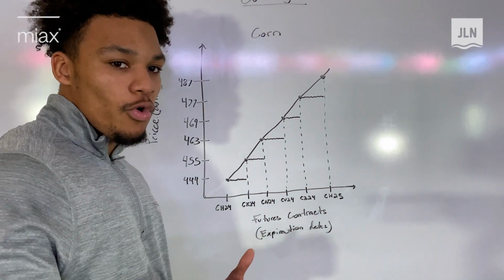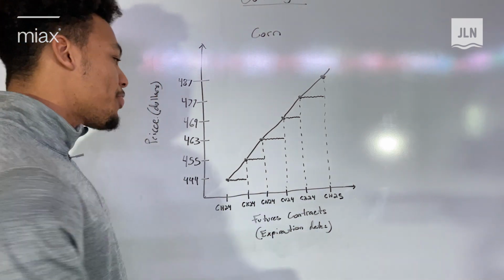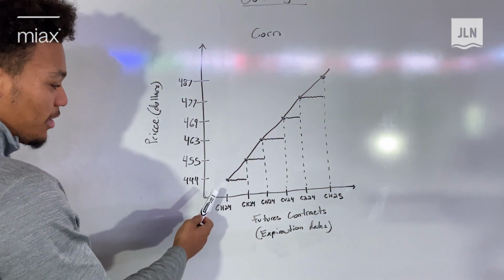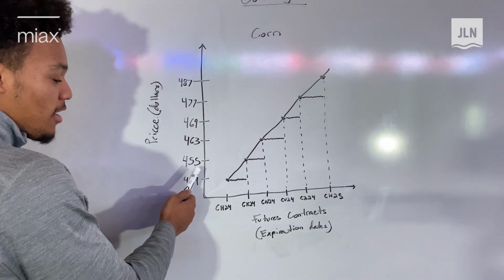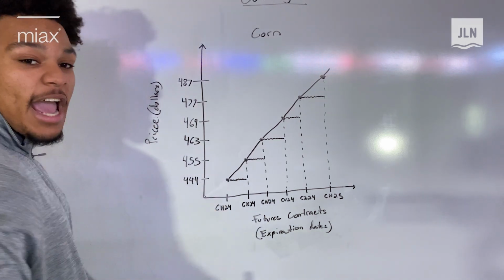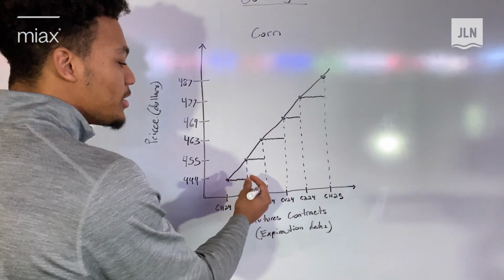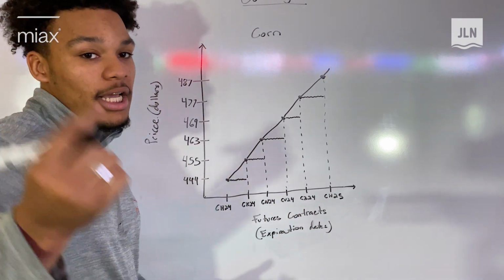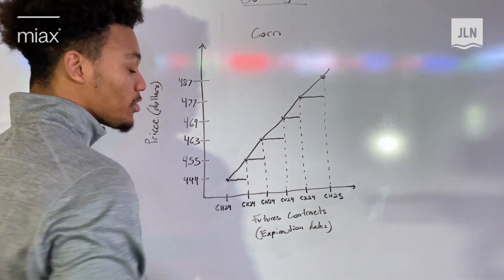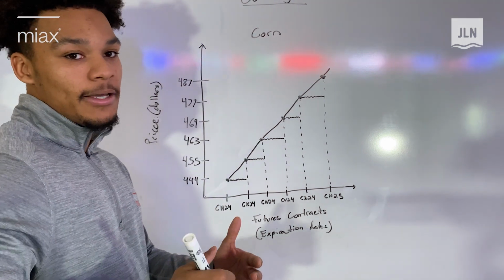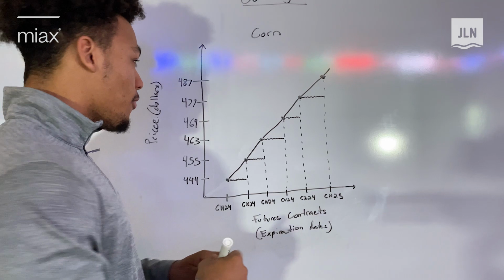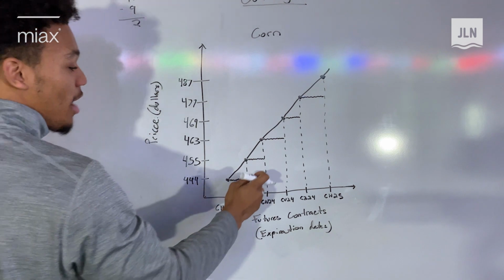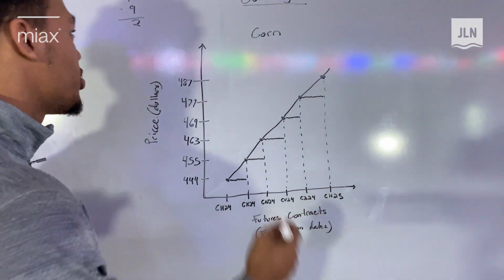And so if you're a merchant or you're a producer, you're trying to beat what the market is saying the cost to carry is, right? So let's say right here it says the cost to carry is from $444 to $455. That's an $11 jump. If you can beat that $11 difference in your cost to carry, let's say you can do it for $9, you have now just captured that $2 difference between what the market is telling you the cost to carry should be and what you're able to actually pay. And so from that $11 gain minus the $9 that you're really having to pay, you get a $2 profit from what the market is predicting and what you're able to produce.